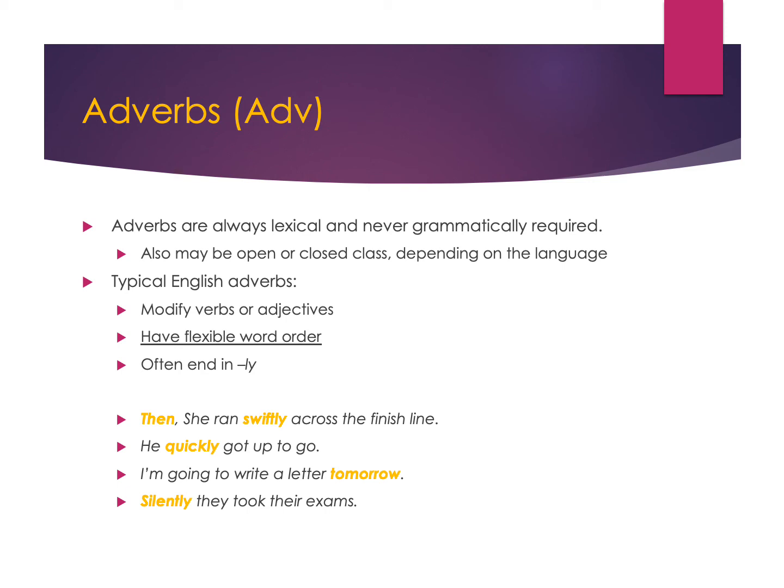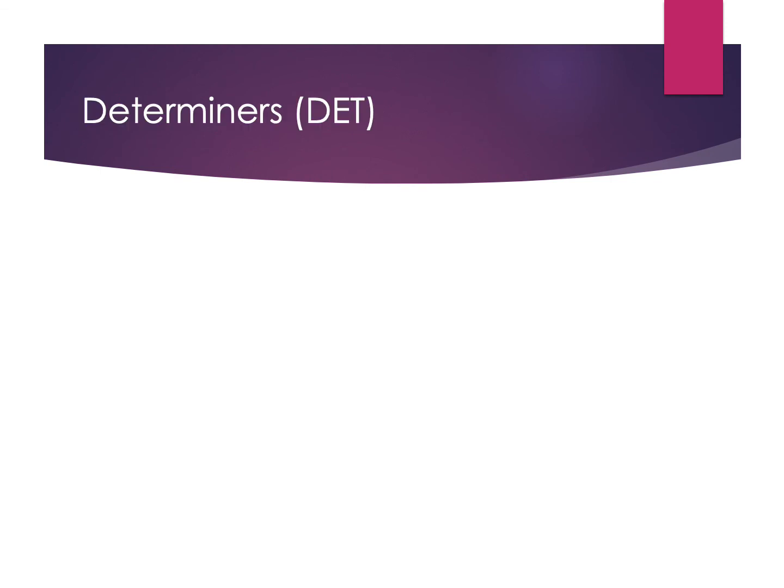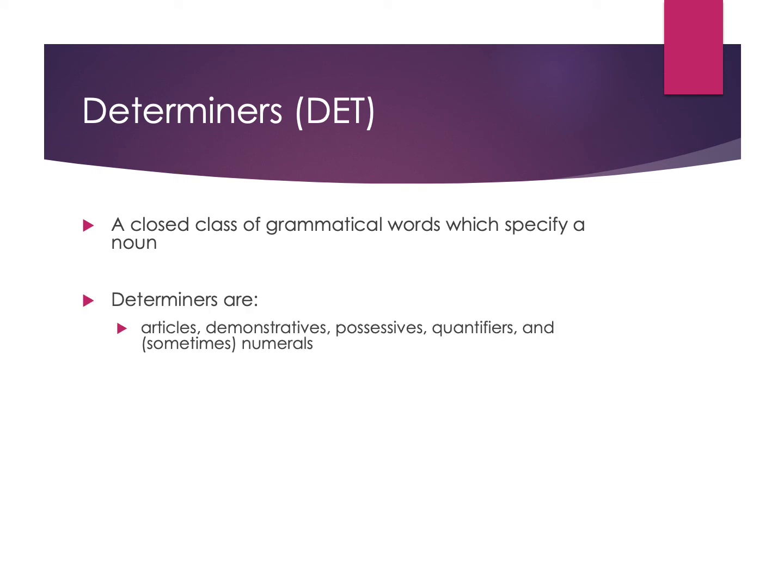And then for our closed classes, we start with determiners, which are a closed class. They're grammatical words that specify a noun, so they'll always go inside a noun phrase. And we have a lot of different kinds of determiners: articles, demonstratives, possessives, quantifiers, sometimes numerals. But we list them all under this label determiner. So we're not going to describe the as an article when we're putting them into a sentence, because they all